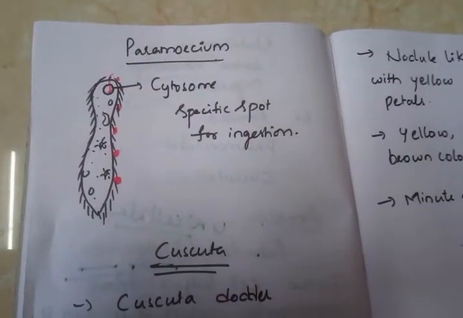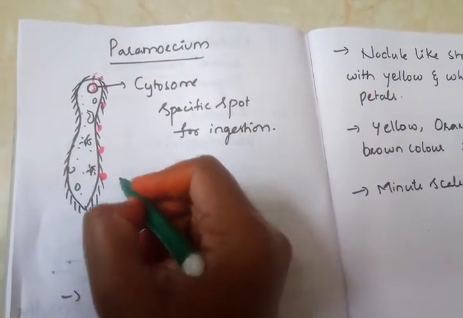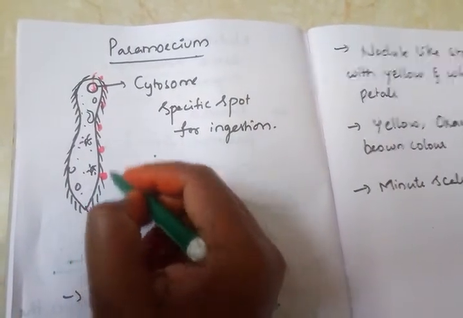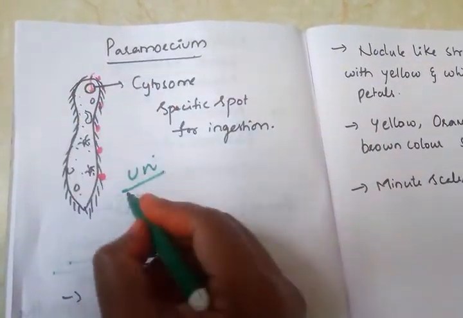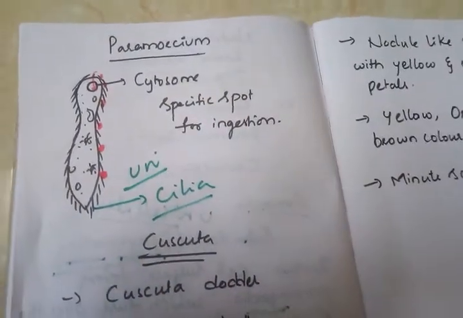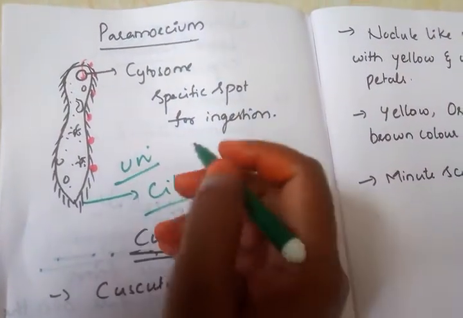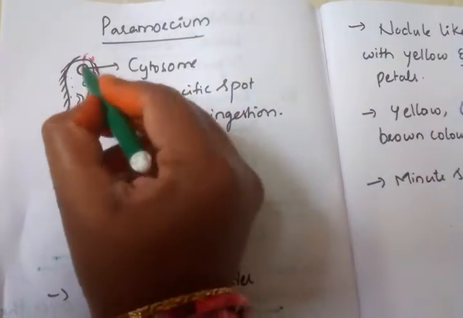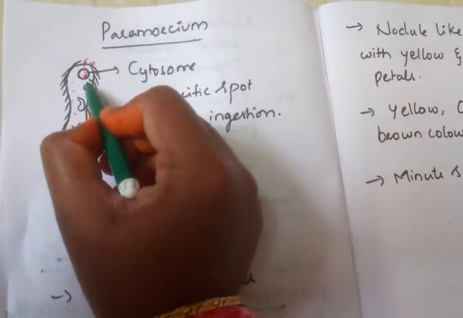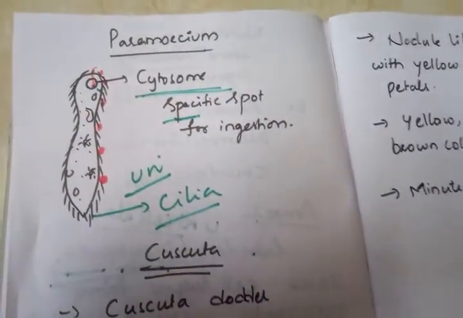Next, move on to the second organism, that is paramecium. In the case of the paramecium, it is also a unicellular organism. The paramecium has some hair-like particles on the surface of the organism, and these are considered cilia. These are called what? Cilia, and the cilia help in the movement of the food. But in the paramecium there is a specific site for ingestion. For the ingestion of the food there is a specific site that is considered a cytosome.